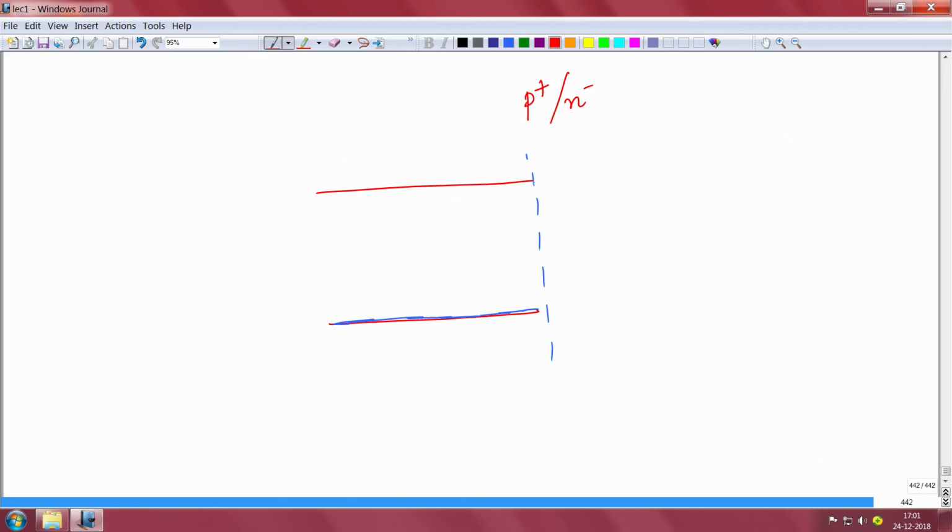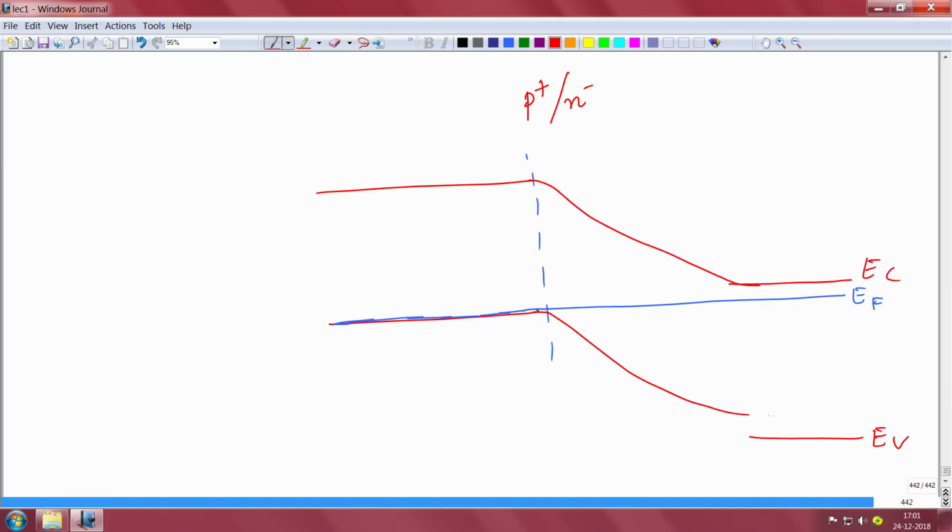The depletion will not be on the P side, which means if this is your Fermi level, it has to be equilibrium everywhere, no? And then your N minus is very lightly doped, so it will be like this: conduction band, this is valence band. So all the depletion will drop across this only. All the depletion will drop across the N type, N minus only. It will not drop across the P side because it's very highly doped.